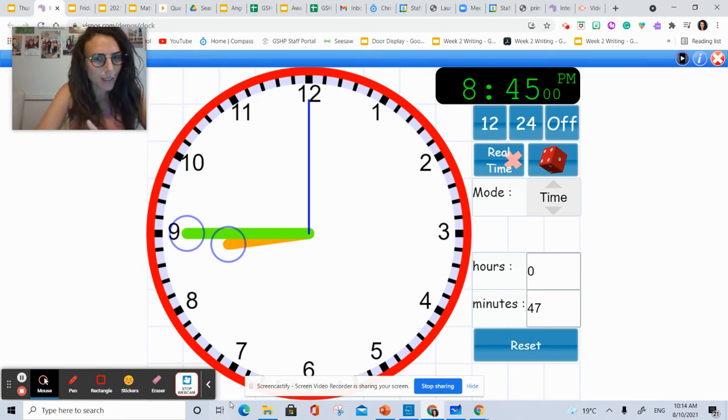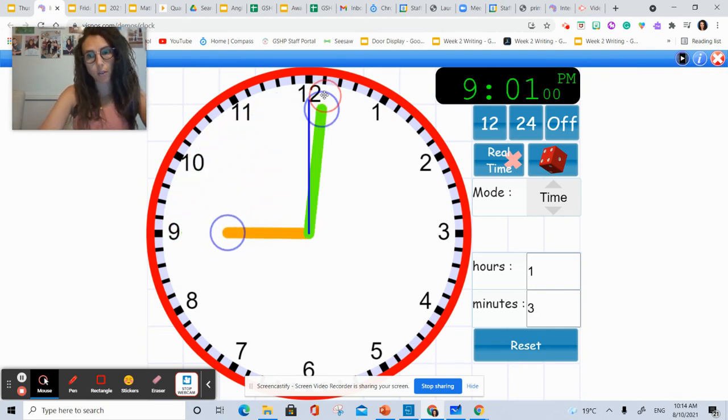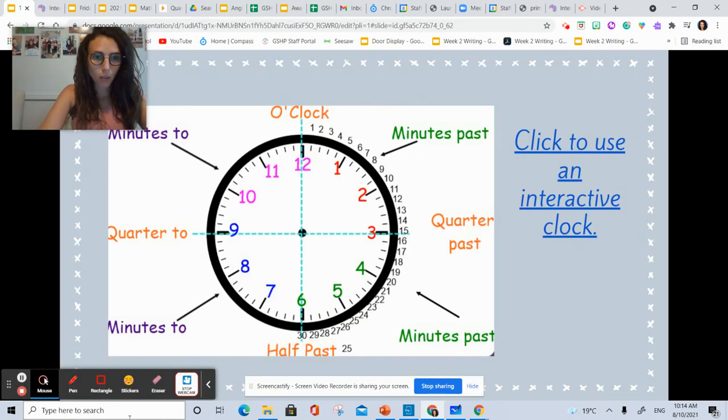I suggest you use this. It's a great site. And the reason why I love this is because you can clearly see the changes within the time. And then if I take you to 9 o'clock, we're also going to use this a little bit later on in another lesson to see how you can actually measure amounts of time that have passed. So if I go back to today's lesson,